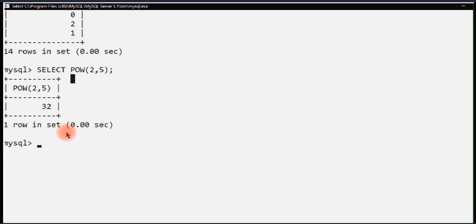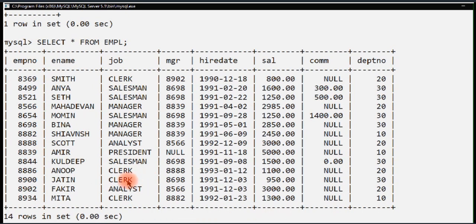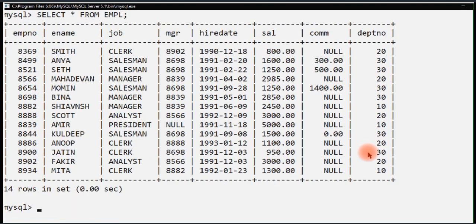And now if I want to use this power function in a table, again I'm checking my table and table is here and I want to apply this power function on department number field. How will I write that? For that, again in place of the same example I am making use of, here in place of mod I am writing power department number and then the second value which I want to use as a power. Now all the values of department number will be squared because I have taken 2 here as a second number.